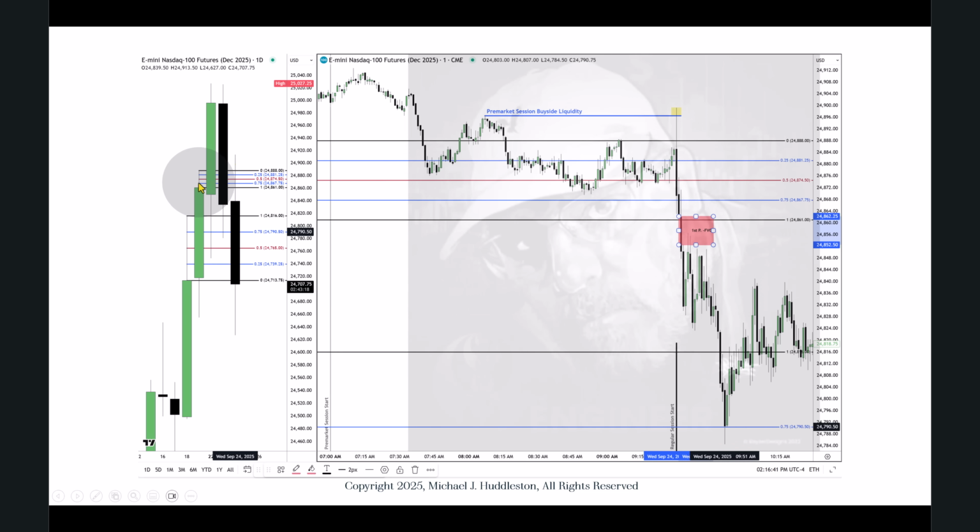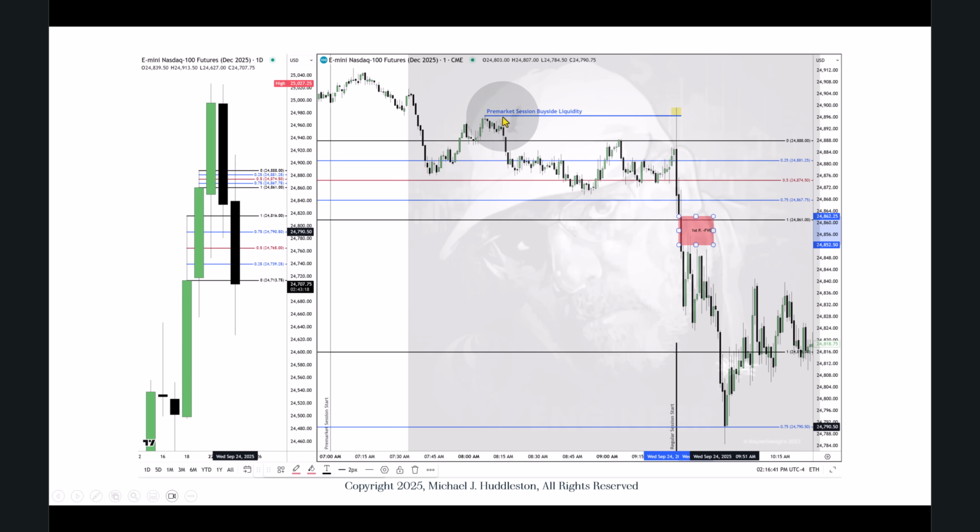Right, so we have this premium wick, consequent encroachment in the upper quadrant and lower quadrants, and the high and low of it annotated here, and then this premium wick. So make sure you keep track of what these levels are here on the daily chart and what you're looking at on the smaller time frame.